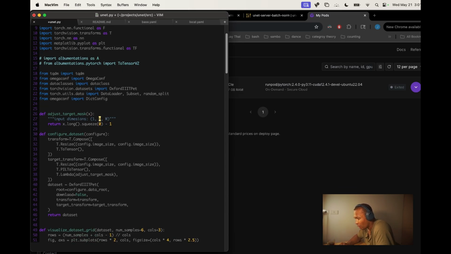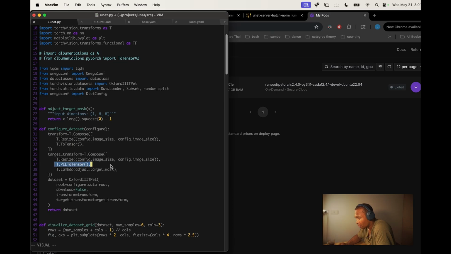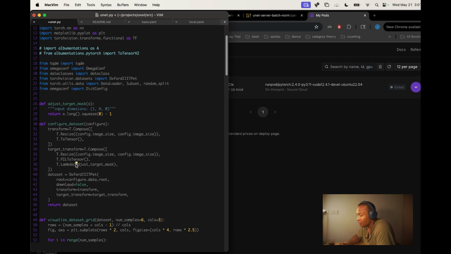So for the targets, the Oxford Pet data is RGB, but the segmentation masks are in grayscale. And when you call pil to tensor, it creates the channel dimension. Basically when it converts the pillow object to an image tensor, the color channel is 1 because it's grayscale, but